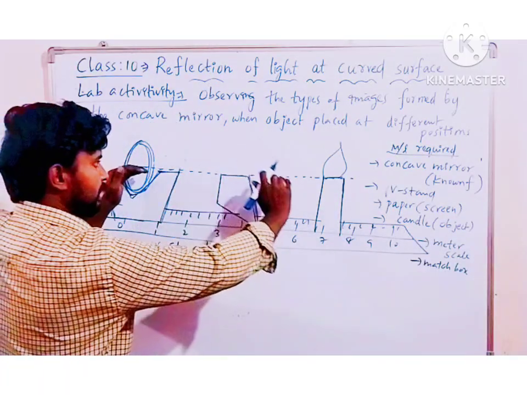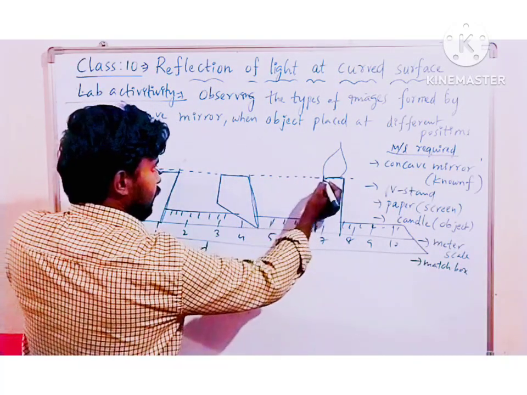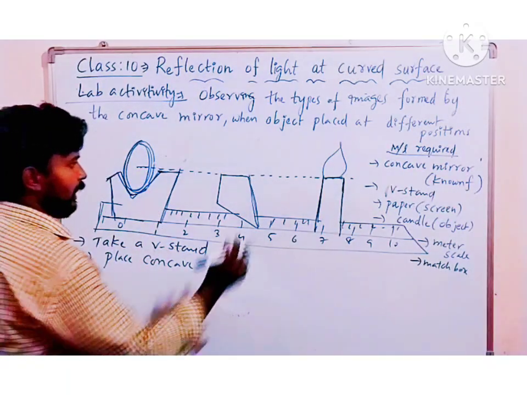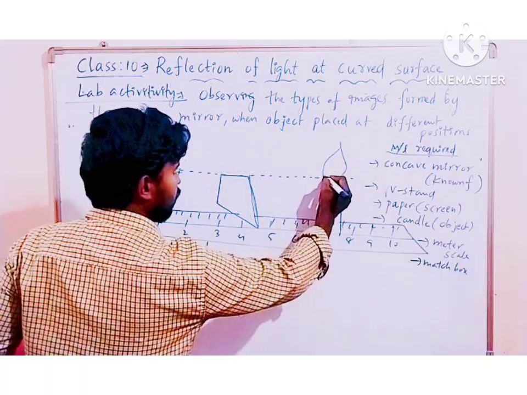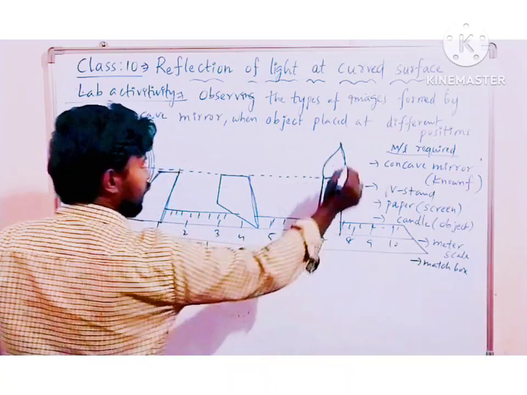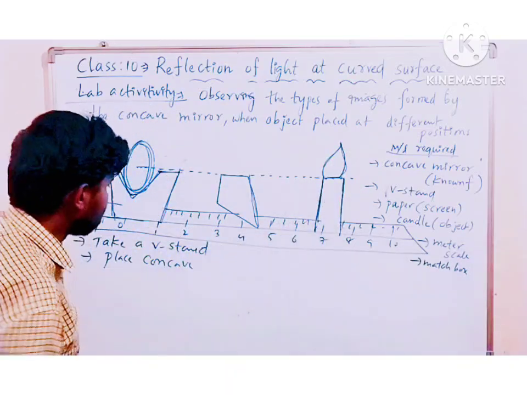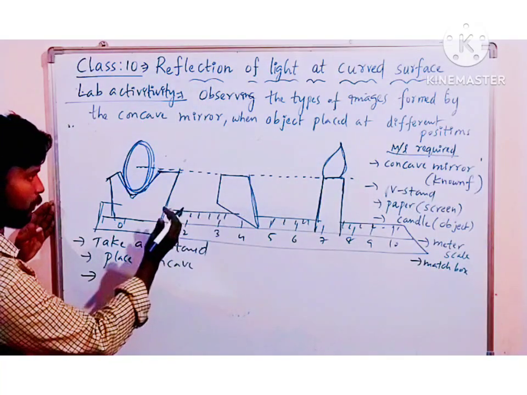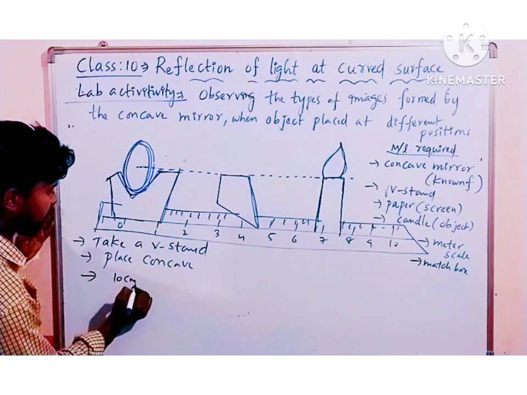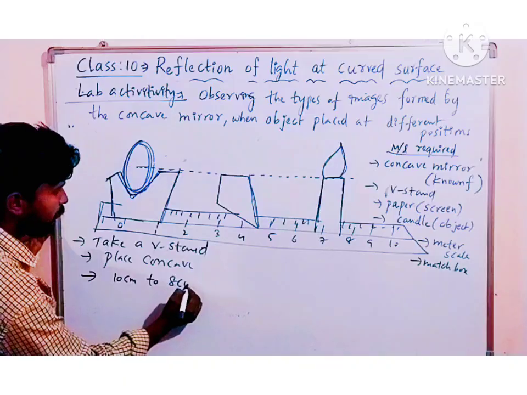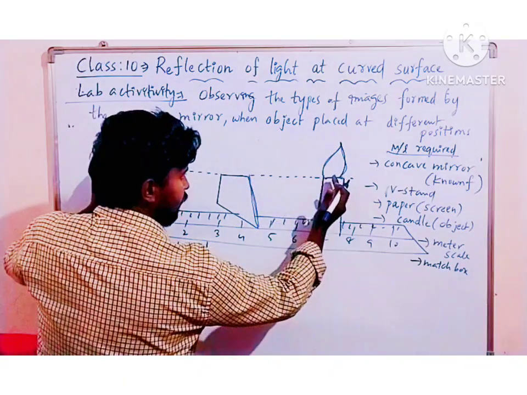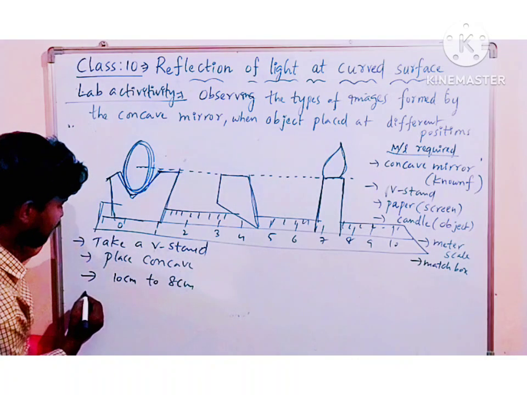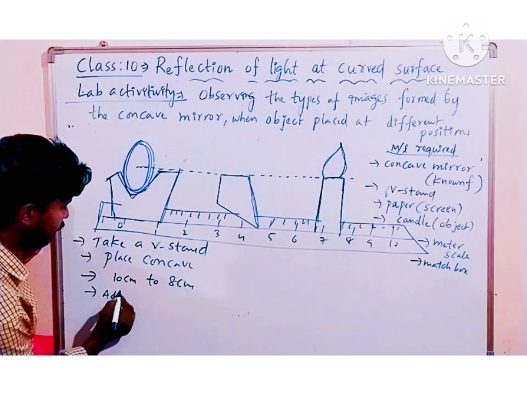On the principal axis of the concave mirror, we have to place the candle. After placing the candle, light the candle. After lighting, change the position of the candle. Move the position of the candle from 10 centimeters to 80 centimeters, that is, when we move the candle towards the concave mirror, after that adjust the screen